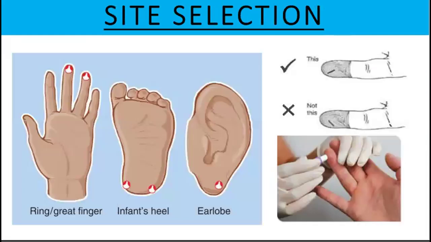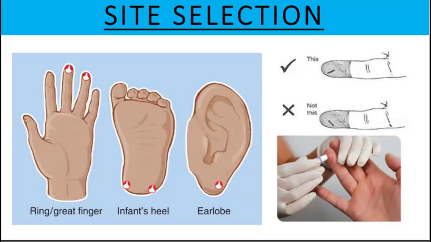Okay, site selection. For our finger puncture, it's our ring and middle finger, on the fleshy part on the palmar surface of the distal phalanx of our third or fourth finger, our ring and middle finger. So we need to avoid the thumb, the index finger, and the pinky since they are often calloused. So the tendency is our lancet will just bounce. Okay? So again, on the fleshy side and not on the center. Okay, the same way, our lancet will bounce.